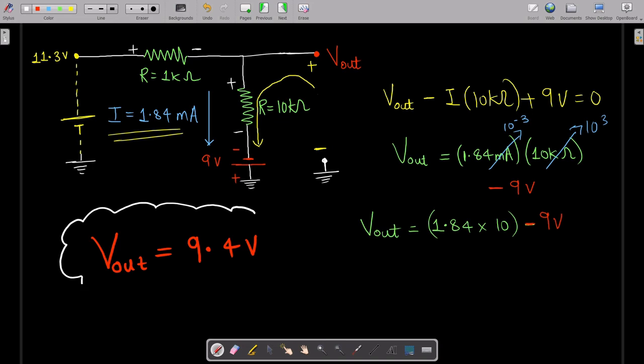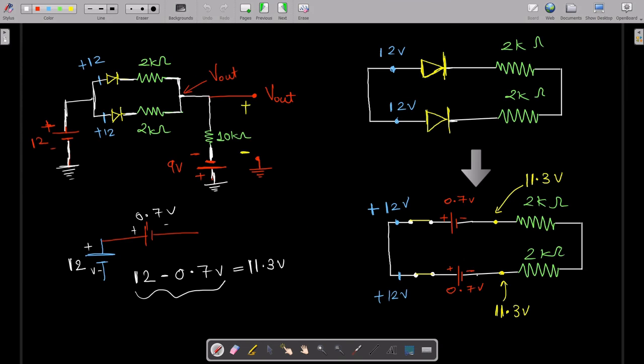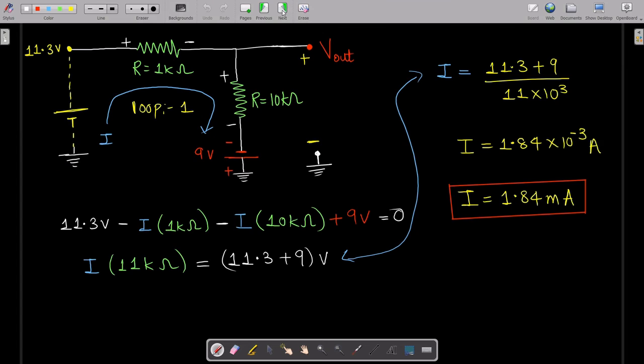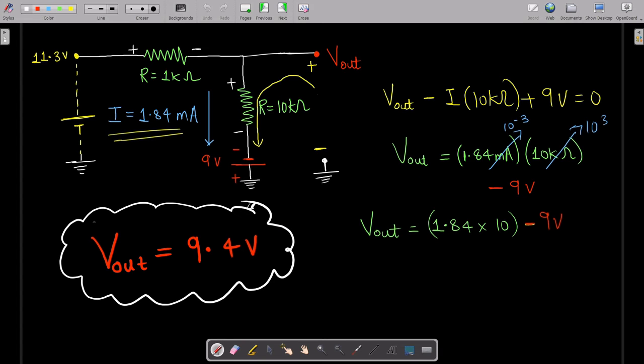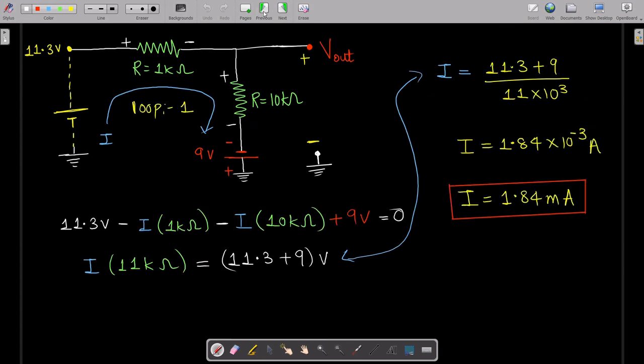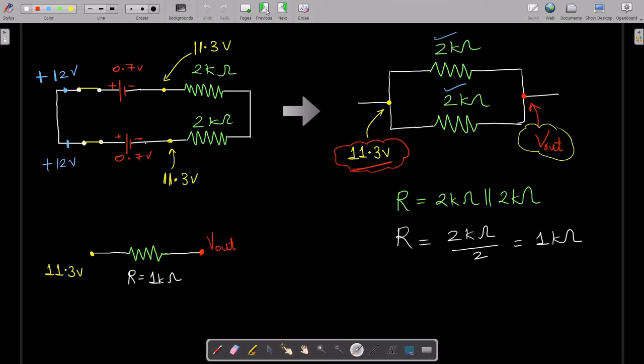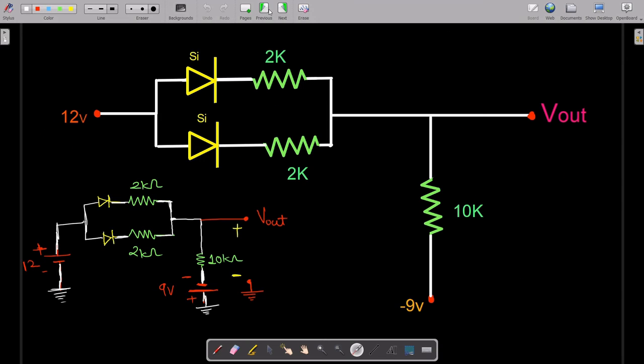And now we are going to simulate this same circuit, even this one as well, because obviously we need to ground. We are going to simulate the same circuit on the Electric Circuit Studio software, and then we will check whether the value we get for V out is the same or not. Of course we will also check the value of current over here. So we'll revise quickly what all things we did.